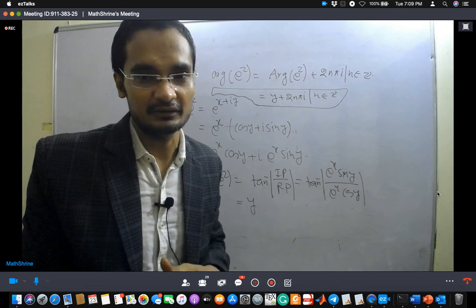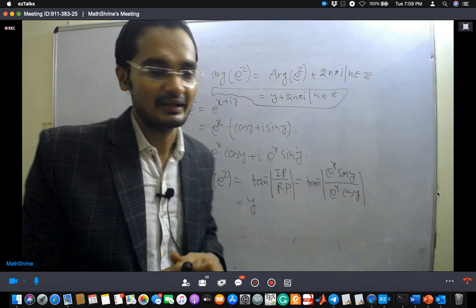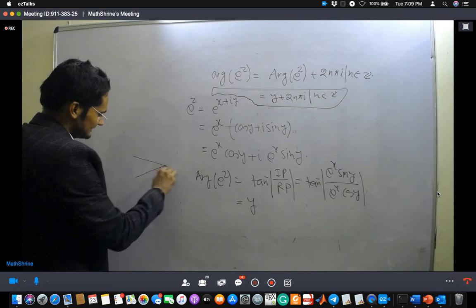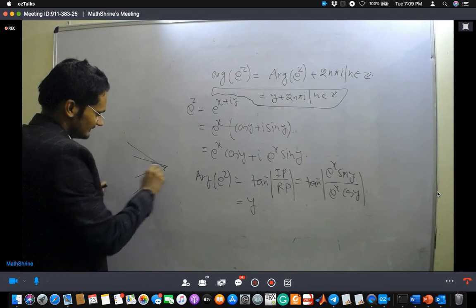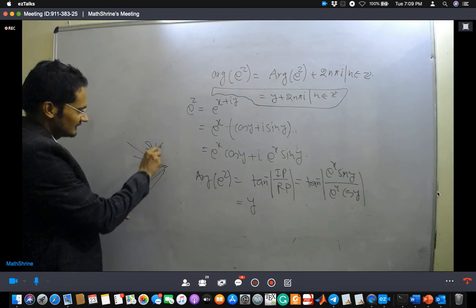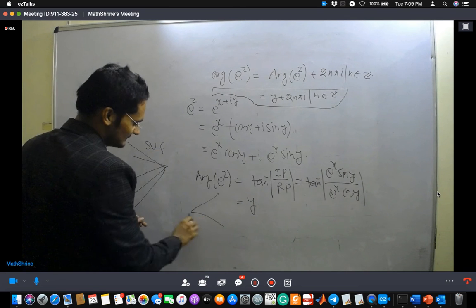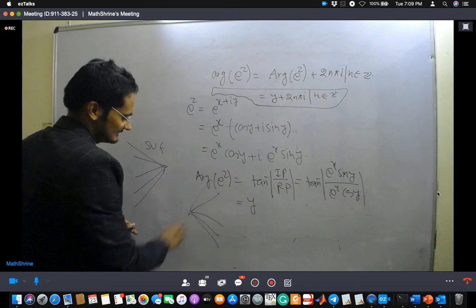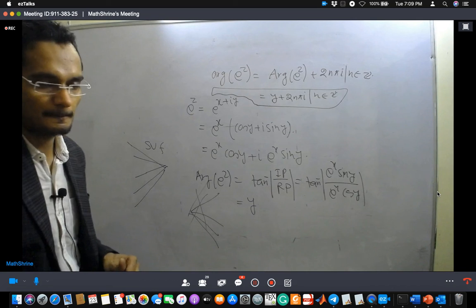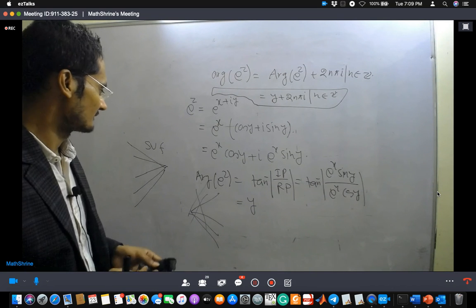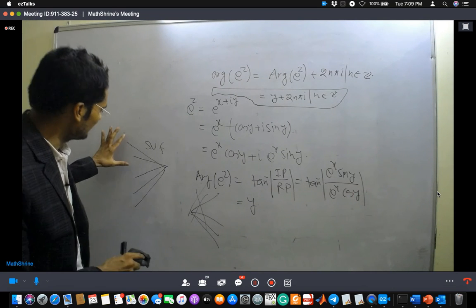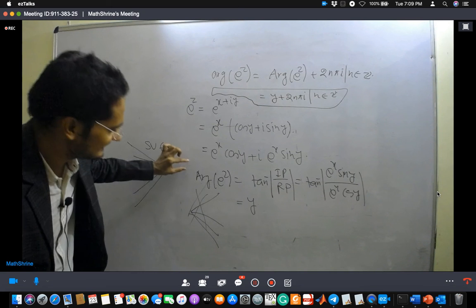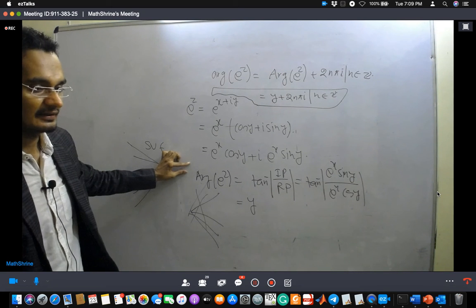You have more than one point with the same output, so it does not imply it is a multi-valued function. Multi-valued function means one point is mapped to more than one point. Then we say it is a multi-valued function. So the exponential function is not a multi-valued function. We do not have more than one output on any input of our complex plane, right?